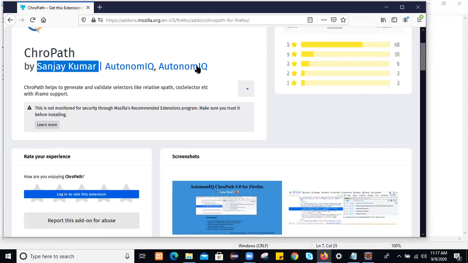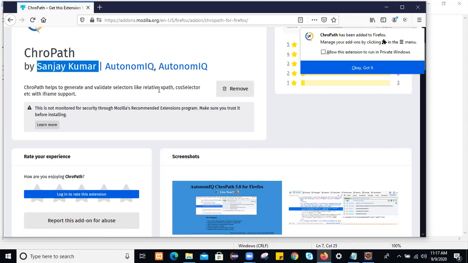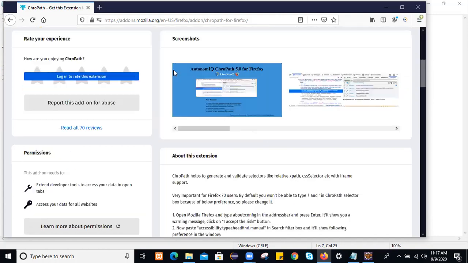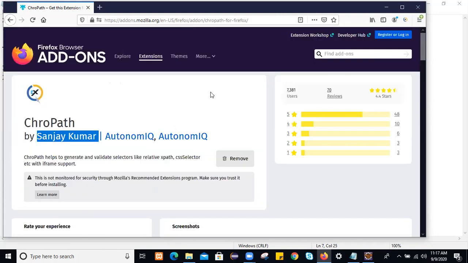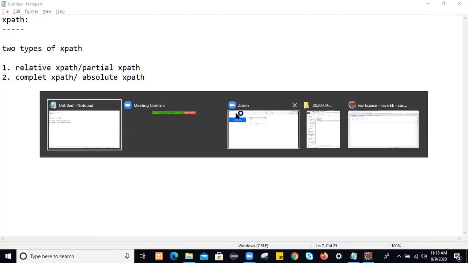ChroPath helps to generate and validate selectors like relative XPath and all. Let me click on add, and okay, got it. Let me close this browser. Once you have added this, we'll restart the browser, Chrome and Firefox also. Like that, we added the extension.